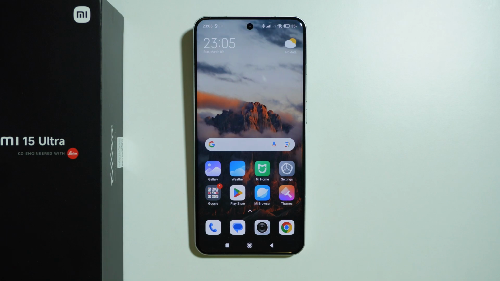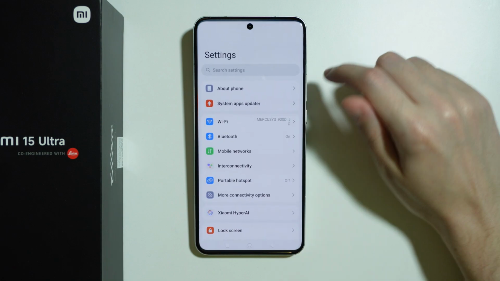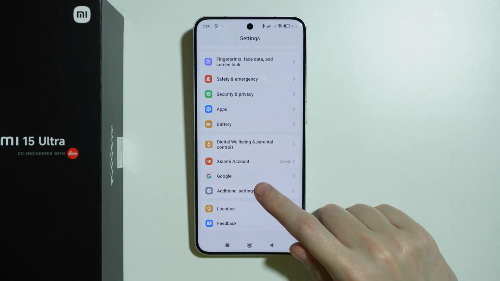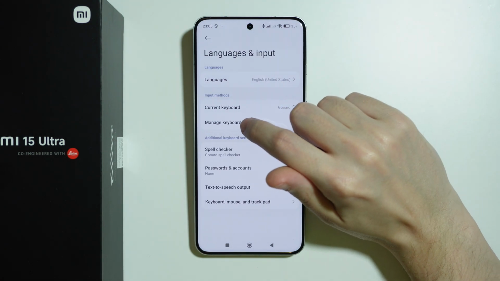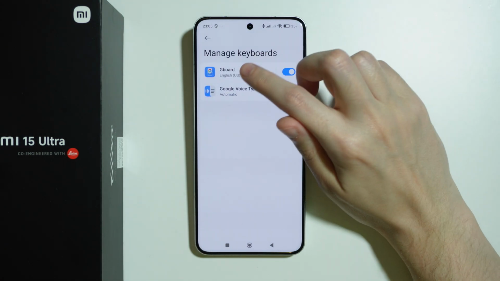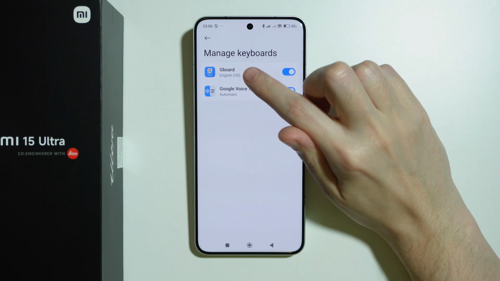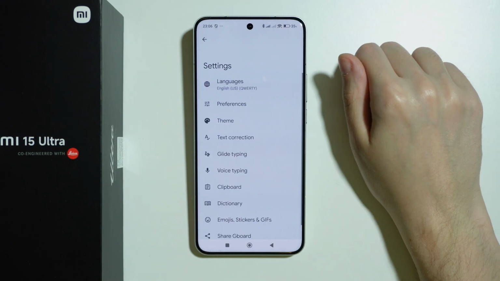To change keyboard language on the Xiaomi 15 Ultra, we need to go to Settings, scroll all the way down, and choose Additional Settings. Over here, go to Languages and Input, then choose Manage Keyboards, and you should be able to find Gboard. This is your default keyboard that we have on this phone, so we can tap on it,